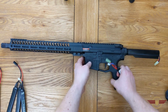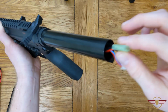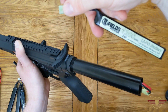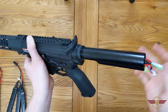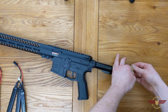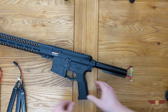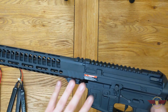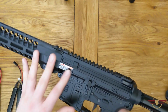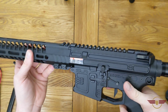So we'll have a look first at the stock tube LiPo, and we'll see that it does fit nicely in there. So that's an 8 fields power 1200 milliamp LiPo. So let's drop that in there, connect it up. In a future video for this I will be disassembling it, and in a future video after that I will also be installing a gate tightening this as well for people to see. So safe, single,